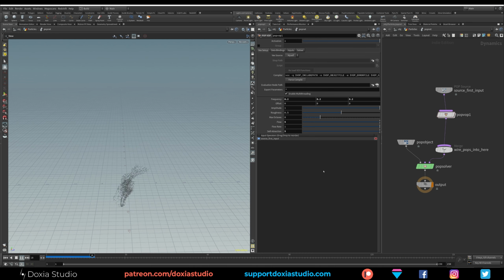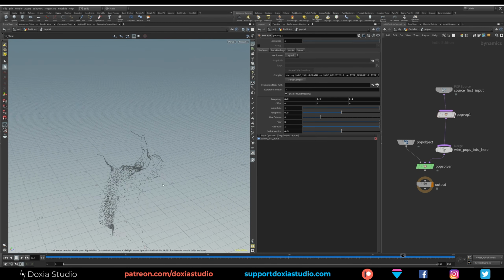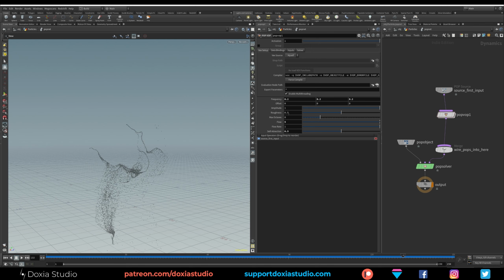Now I'm just tweaking some parameters to do it faster. Let's go with 0.5. And you can see how fast this simulates our particles. Right now we are just working with 1000 particles. Pretty cool. Maybe we can tweak this a little bit.